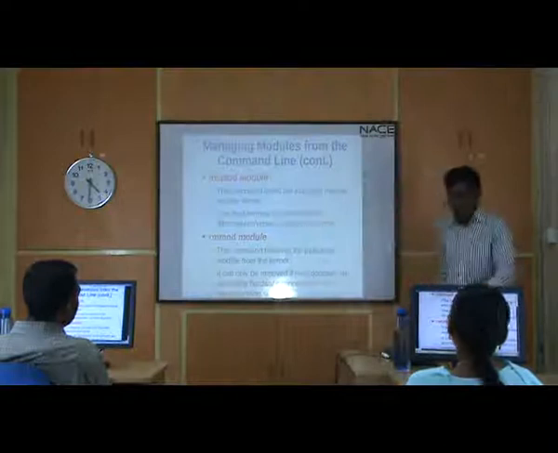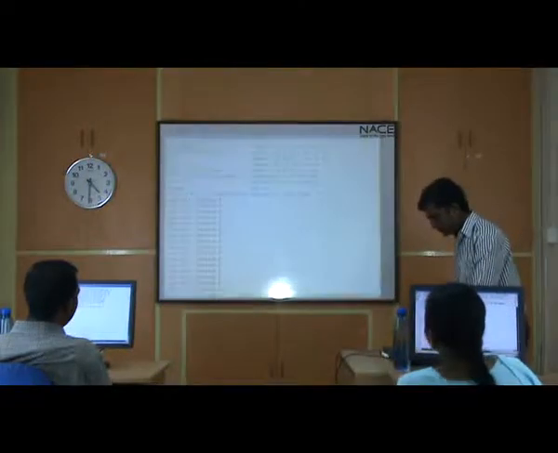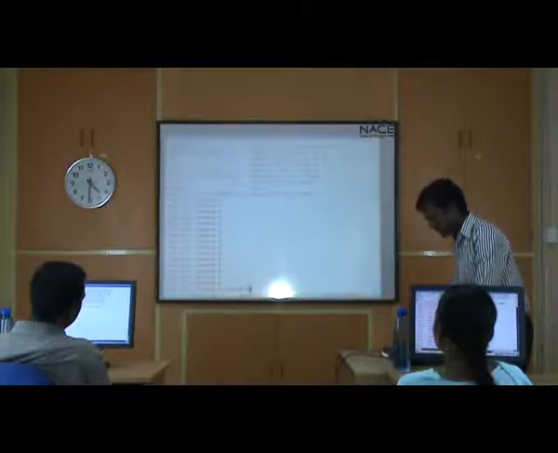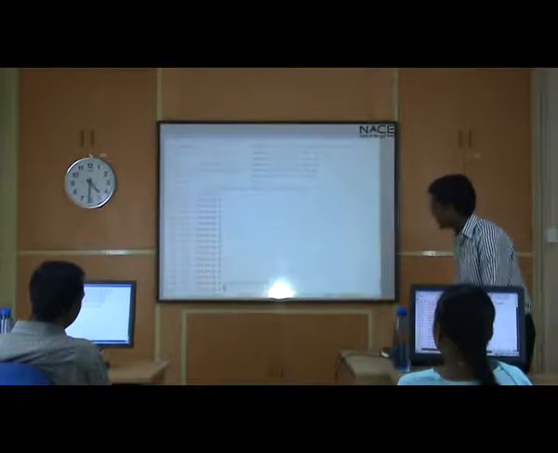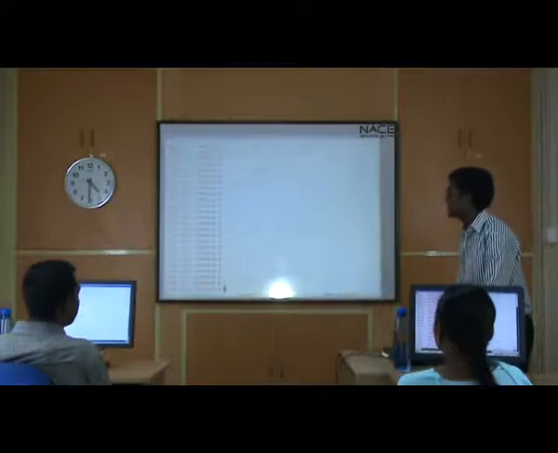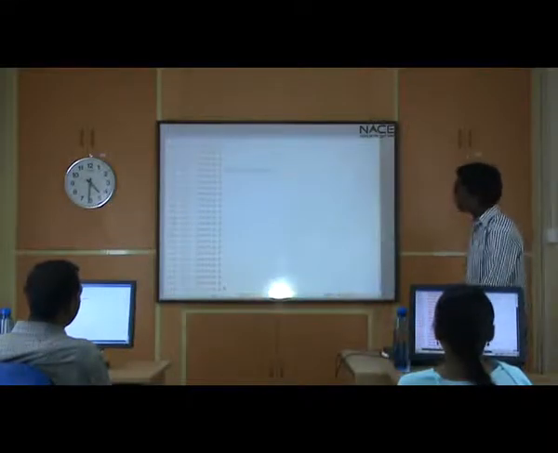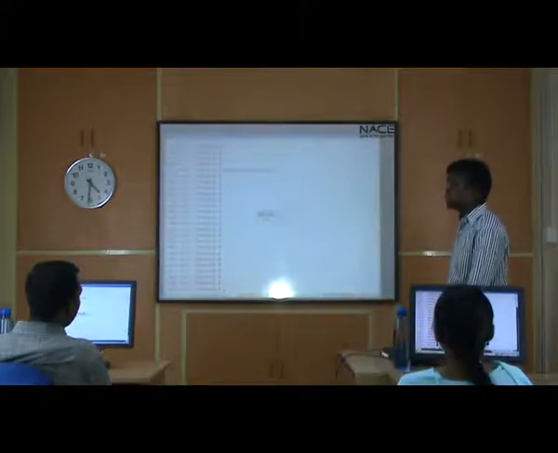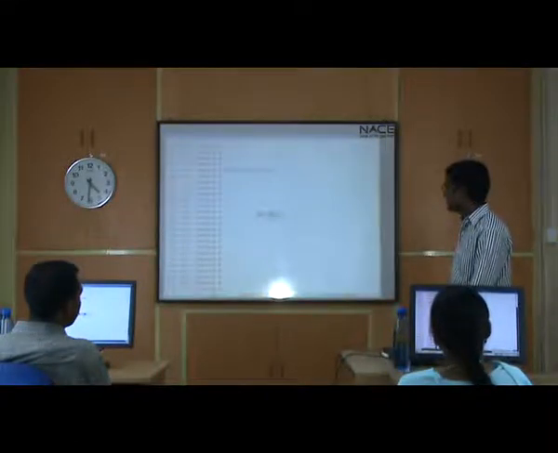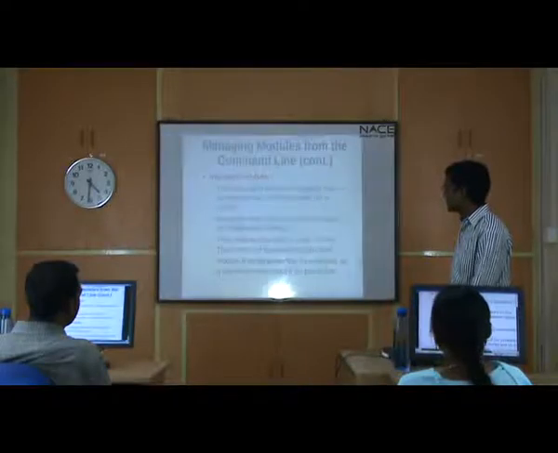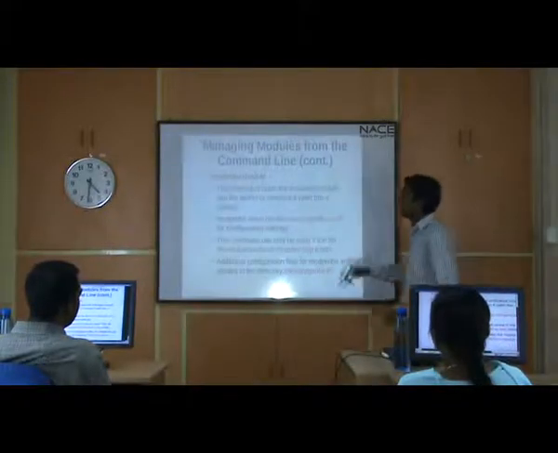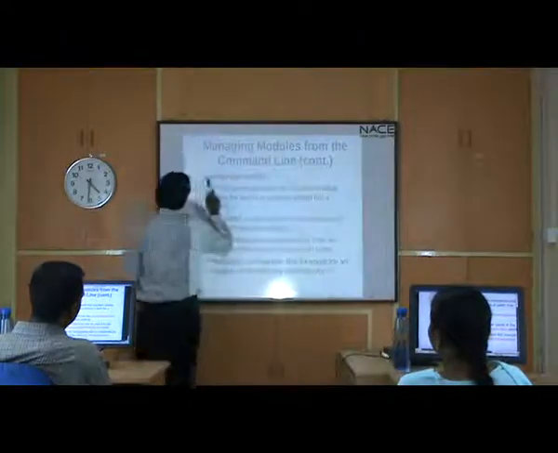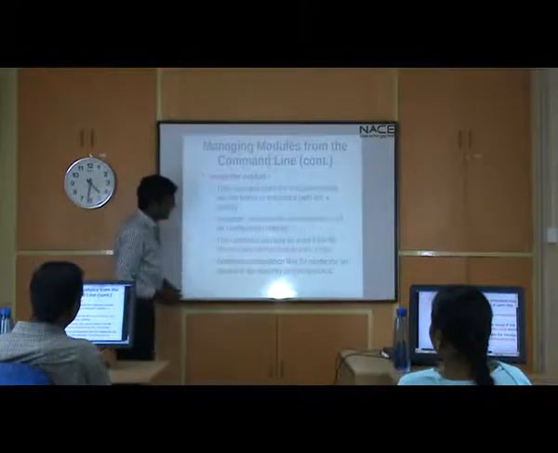See, if I am using a modprobe command, let's say modprobe usb-storage, okay, this is a command. Whenever I am using this command, there are so many things happening behind the scenes, which are not happening in the insmod command. Let me just show you. I'll go back to this slide. Whenever I load a module, whenever I do a modprobe module name, alright.